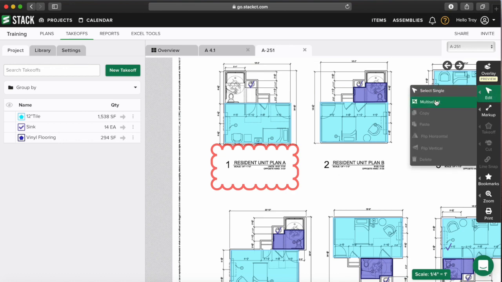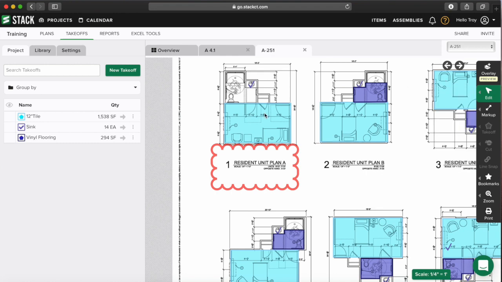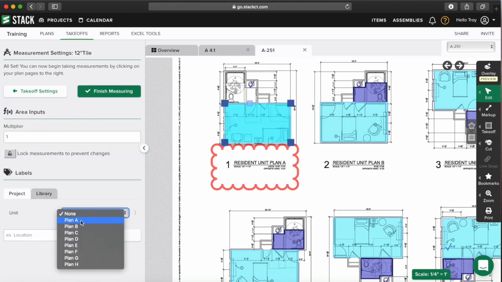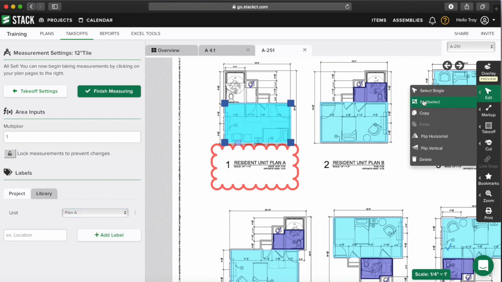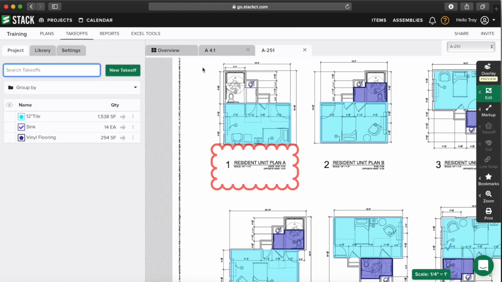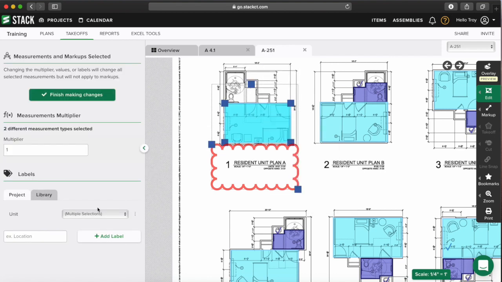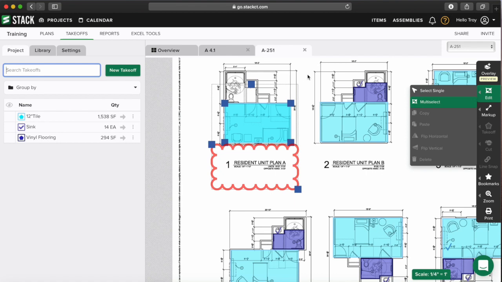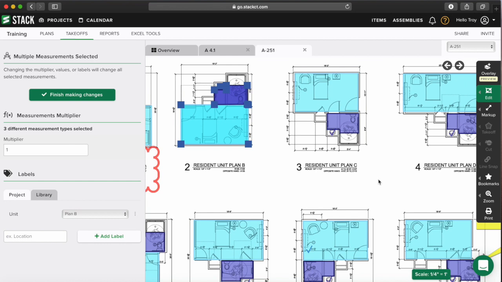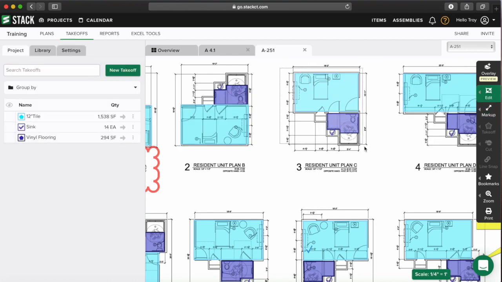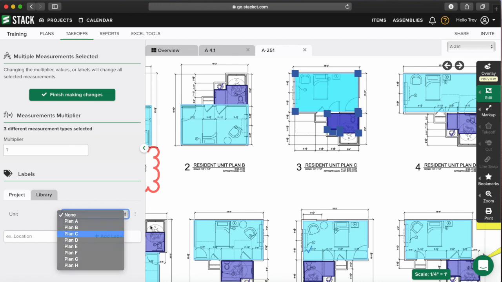To do so, you can do it with a single select. So I can highlight this and say, you know what, this is associated with plan A. Or you can multi-select, which is really where we want to go. So with multi-select, I'm going to click up here in this white space, drag my mouse diagonally and it's going to highlight everything that's associated with that, and I can say that is Plan B. And then I can just quickly work my way around. So Plan B, pull it around, Plan C, and I won't put you through the pain of watching me do this on all